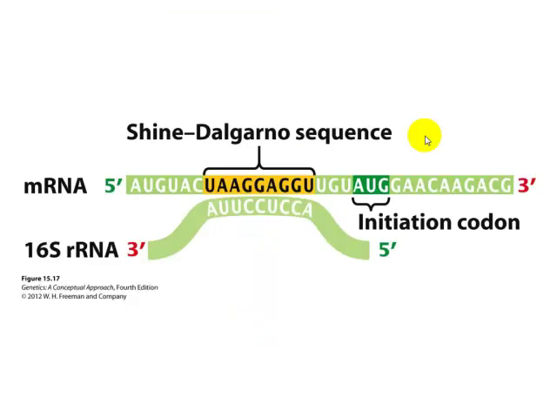Okay. And that is just another showing of what this Shine-Dalgarno sequence looks like. Of course, you don't have to memorize that, but you have to know here that it is a signal that will say to the small ribosomal subunit of prokaryotes that the start codon is around the corner. Okay, so